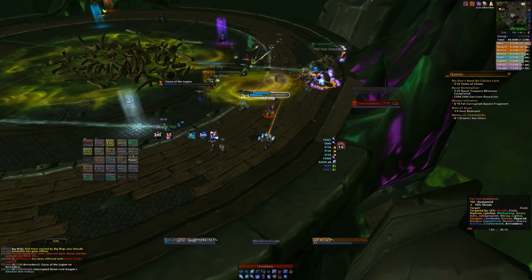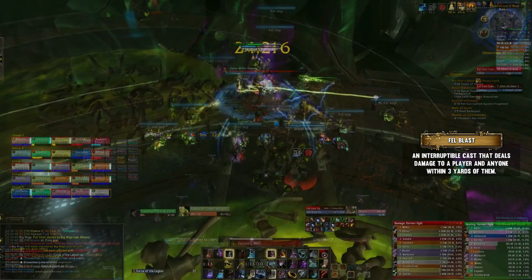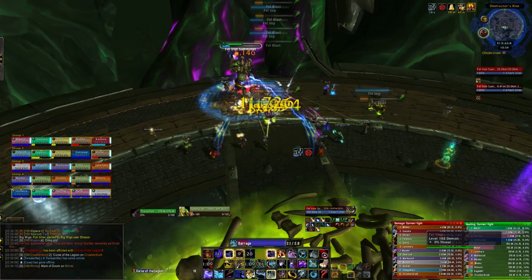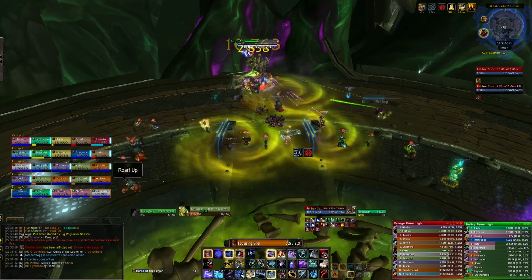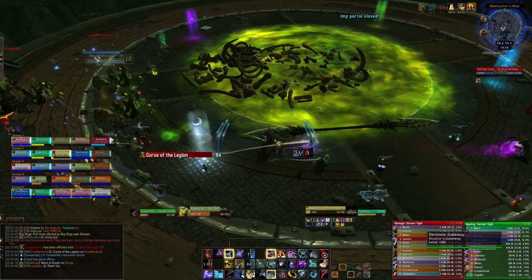at least 3 yards. Now these imps will just spam Fel Blast, which will deal some damage to a random player and anyone within 3 yards of them, so once again remain spread, and they'll also teleport around every now and then. If you have a Death Knight that can mass grip these into a Solar Beam, that's like amazing. Just generally want to AoE them down quickly, get them out of the way, because they're just irritating more than